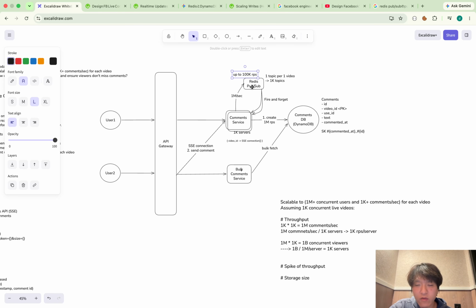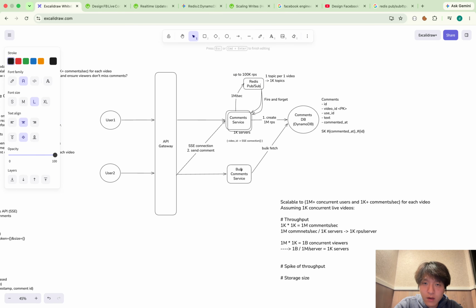So what I can do is sharding here, and I use a Redis Cluster for pub sub. With Redis Cluster, it internally does the sharding by the message key. The message key can be the video ID. So according to the video ID, this Redis Cluster pub sub is sharded.